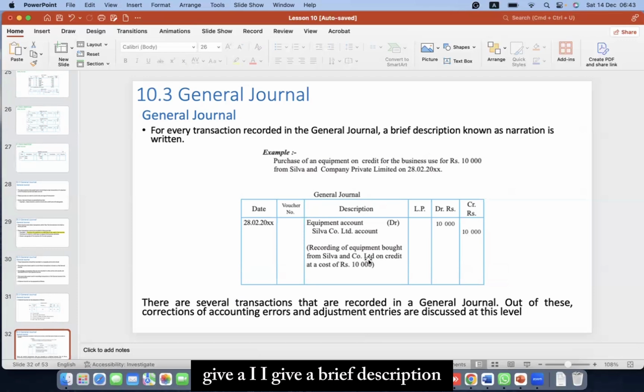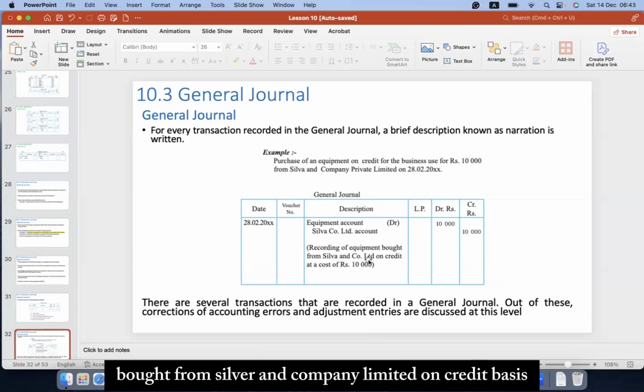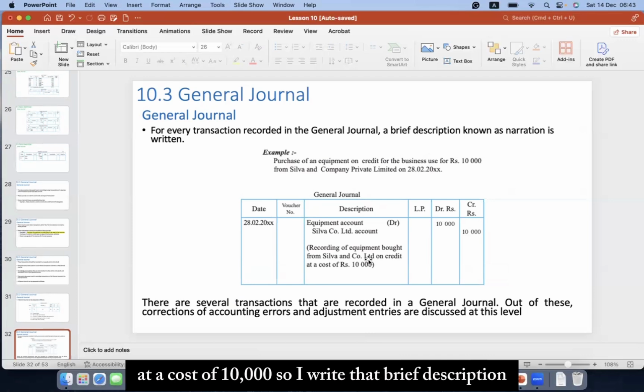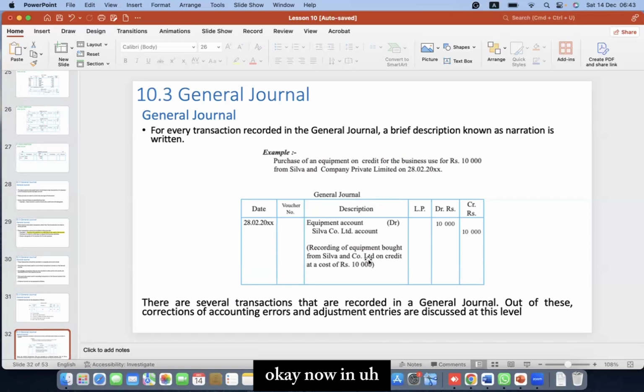And I give a brief description: recording of equipment bought from Silva and Company Limited on credit basis at a cost of 10,000. So I write that brief description. Okay. Now